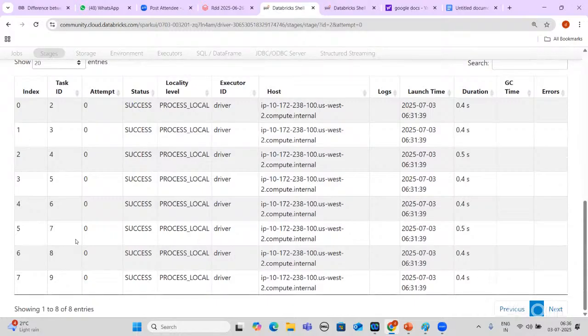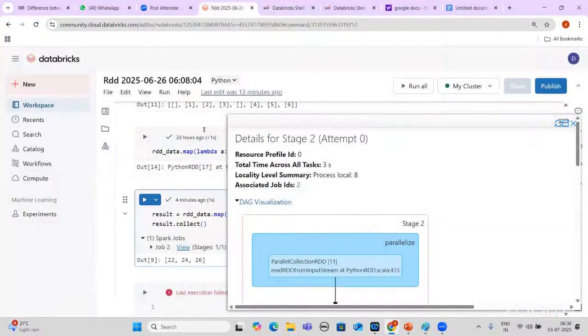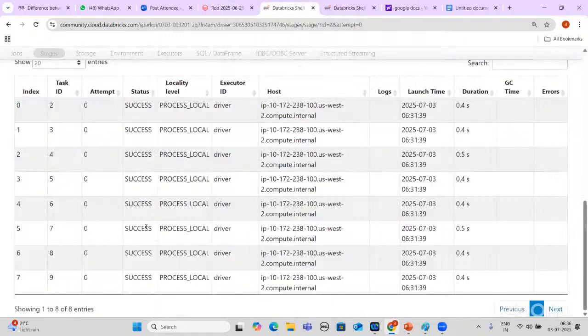We have created one RDD, just a simple one statement. We didn't do any hard work while writing. But see how Spark is working in the backend, how much work it is doing. It is taking index 0 of each and every element, it will attempt and succeed, and then it will store on the driver. Driver is nothing but the driver node or master node. It will host through one IP address, and all the logs are stored.